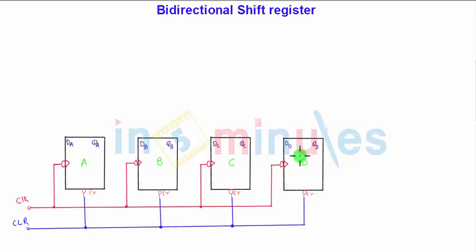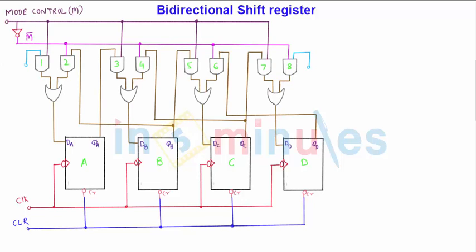Particularly to shift the data in both directions, we need to have some combinational circuit other than the flip-flop. So there is a particular combinational circuit as this one. Now, let me explain you one by one. There are 8 AND gates in total, numbered 1 to 8 here, and OR gates which will decide which data will enter A.